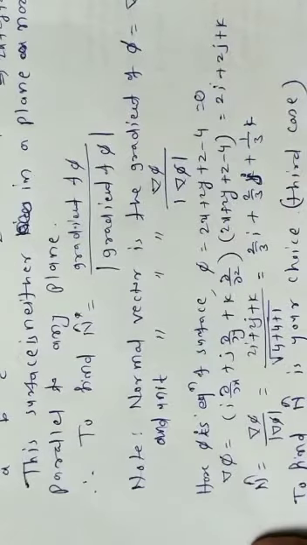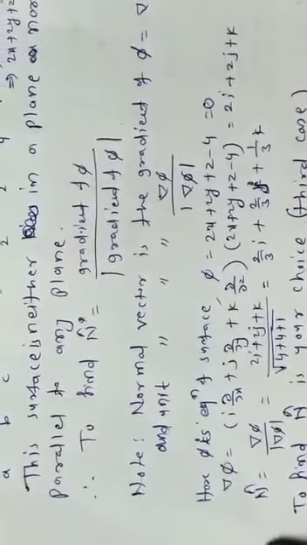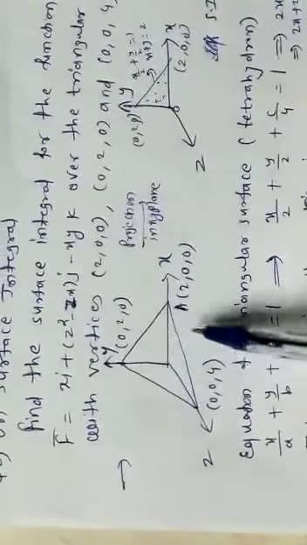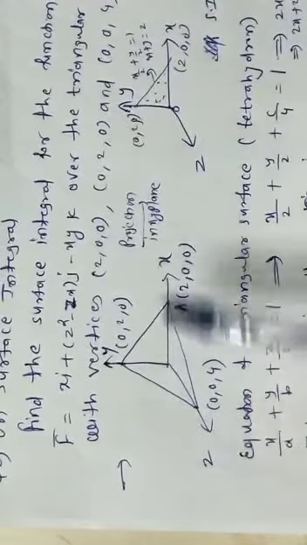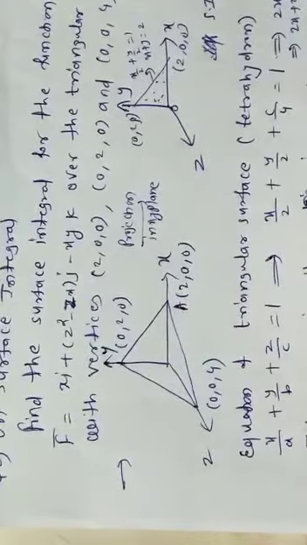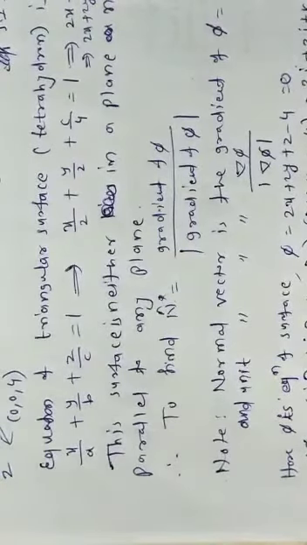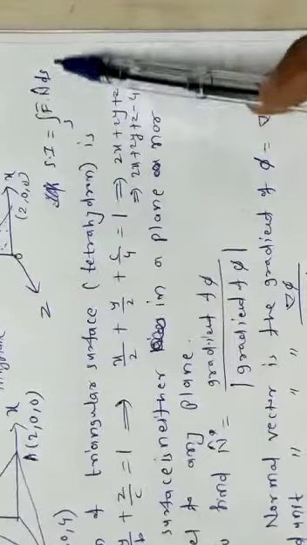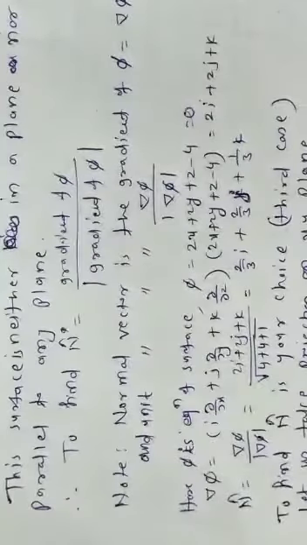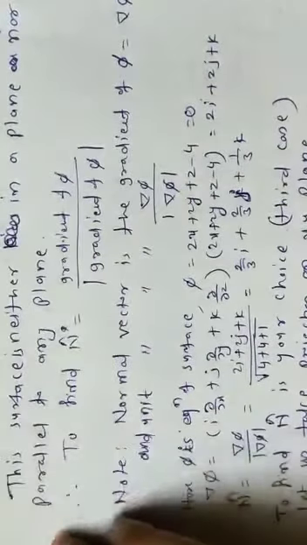Okay, so it is very important to understand, if the plane is not lying in any plane and it is not parallel to any plane either, then this is the method to find out n cap. Okay, once n cap is done, what is remaining to find out is ds, right? See the formula ds. Now again, if you observe, there are three cases.